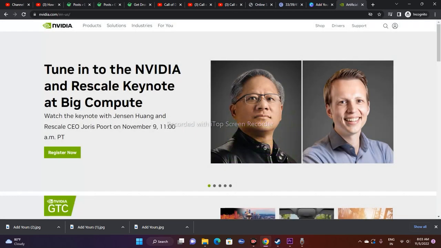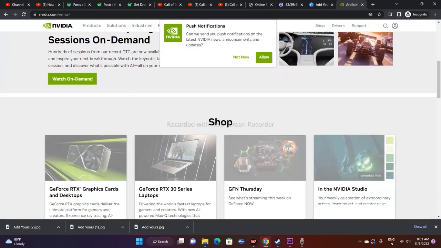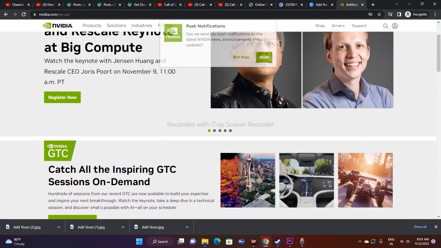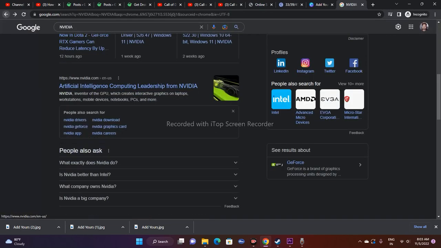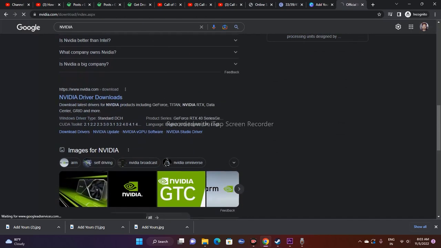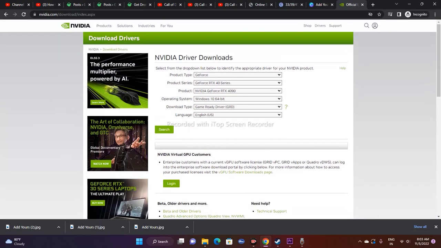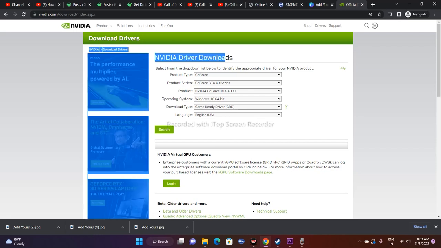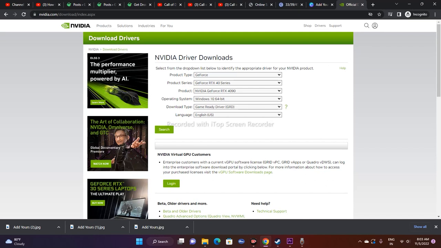You just have to give the respective details, I mean your system details, like Windows, OS and all those things. When you search for this, you'll get this. Right now, as you can see, you can update the drivers from here. On the product type, if it's GeForce, go for the RTX series, then the Windows operating system. Mine is Windows 11, so go for Windows 11, then give all these things and go for search.